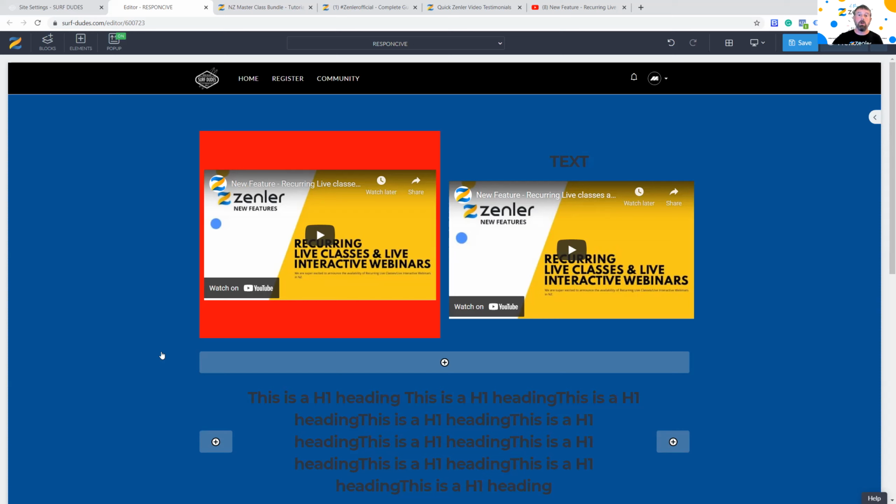Or massive great JavaScripts or massive loads of code can just stop the site. And we don't want support questions coming to support@zenler.com because of bad code that you've grabbed or created. So be very careful about code that you put into a site. Test it thoroughly before you launch.